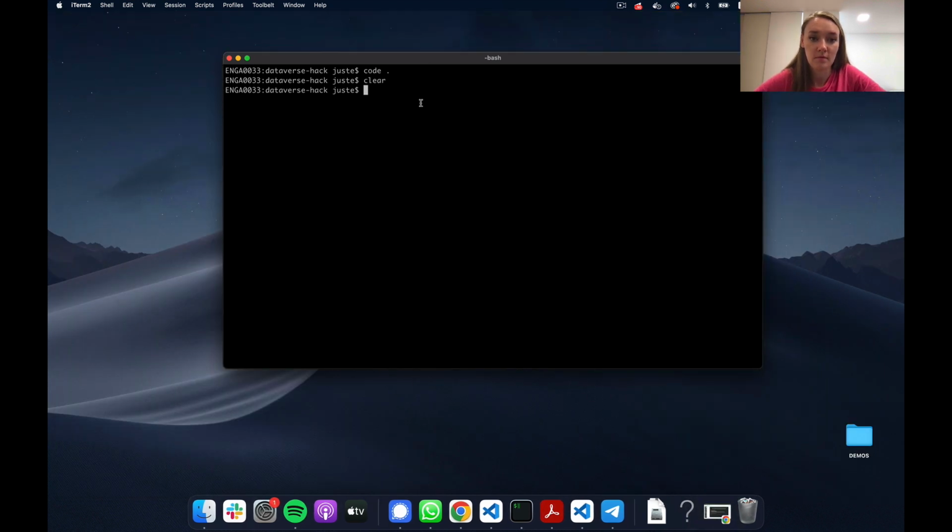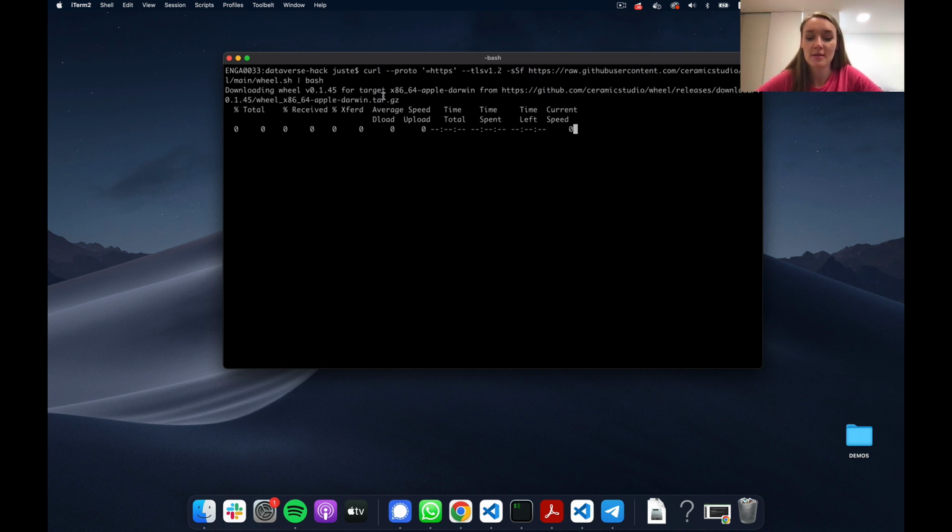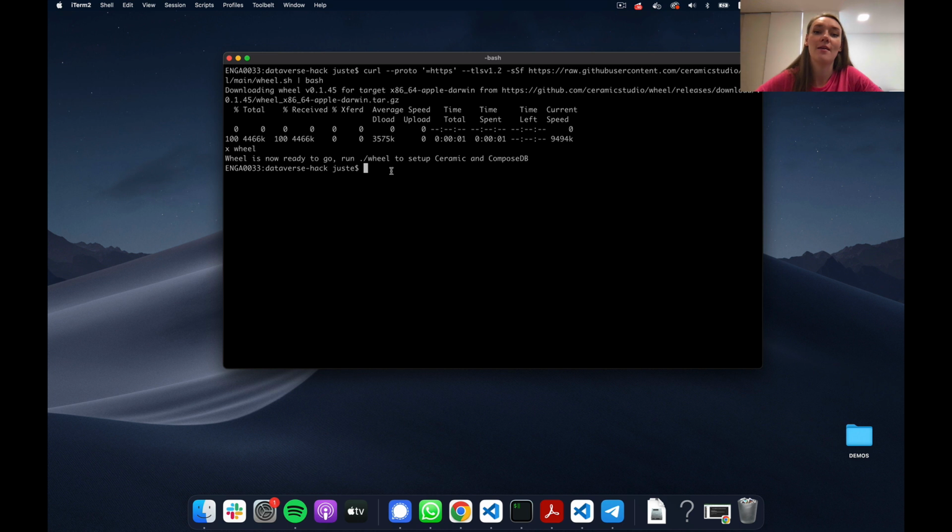Maybe I'll minimize this. So I have a very simple folder right now. It's empty. It's called Dataverse Hack. You can be in any environment that you would like to work in. And I will simply run this command, which will download the wheel. So now I can start the wheel prompt that will help me to configure my working environment by typing,